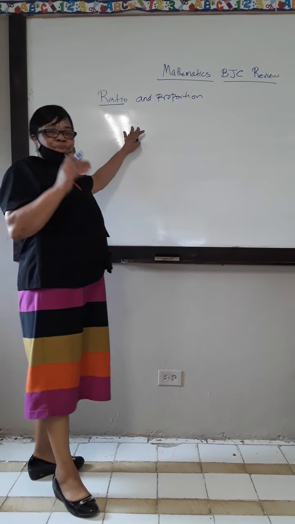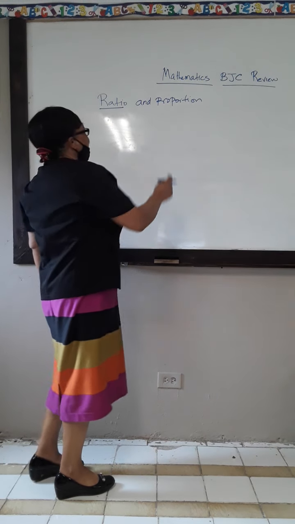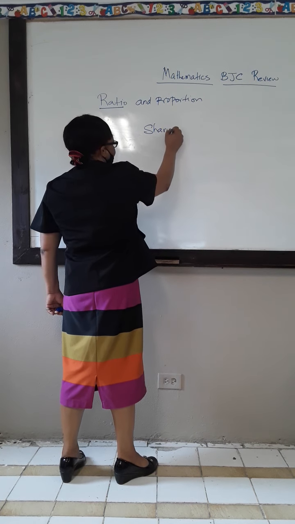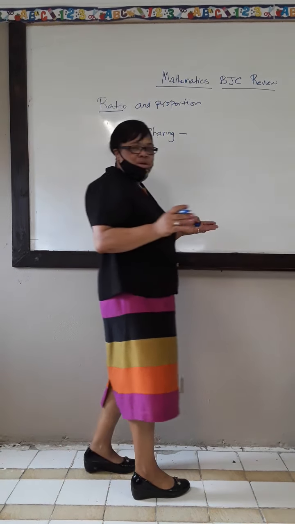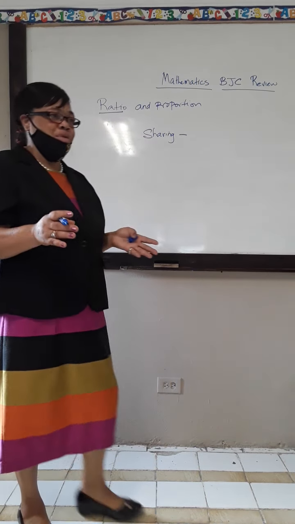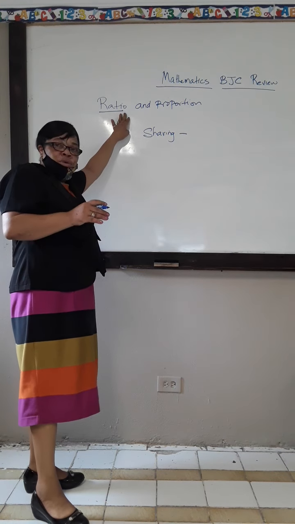Now, ratio is a pretty simple topic. You just have to remember that normally it's sharing. When we're doing ratio, we're sharing something among 2 persons or 3 persons, or it could be 5 persons, it could be any number of persons, but we have to use a specific ratio to share